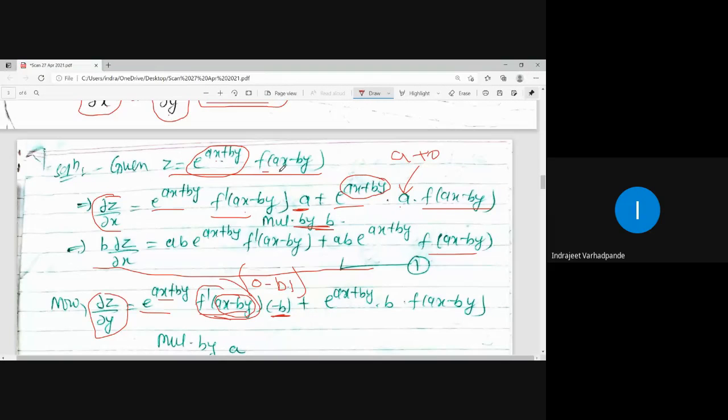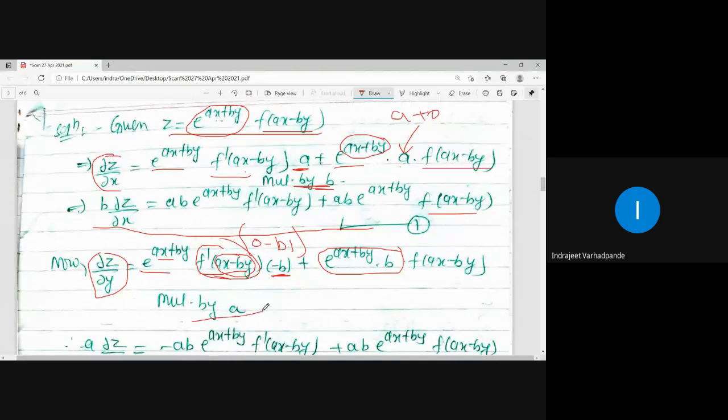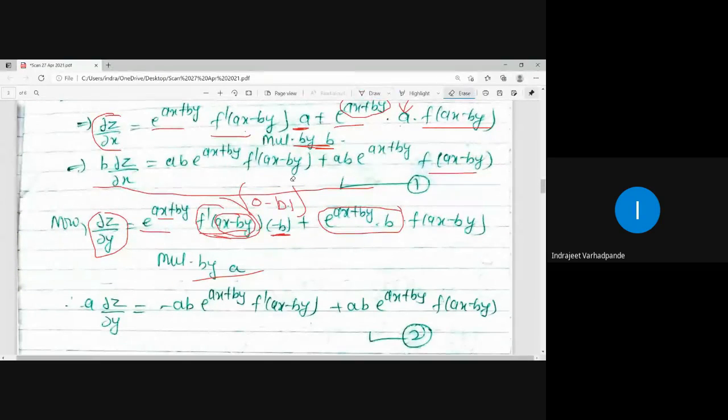Plus second term as it is into derivative of the first. Derivative of e to the power u is e to the power u into derivative of ax plus by. In derivative of ax plus by, a and x are constant, so their derivative is 0. Derivative of by is simply b because derivative of y is 1. Clear up to this? Now which term is to be multiplied to this derivative? A. A multiply by a. So multiply this by a.